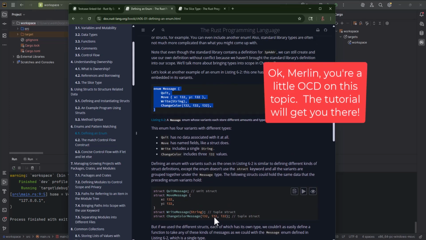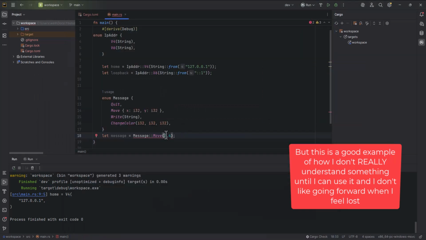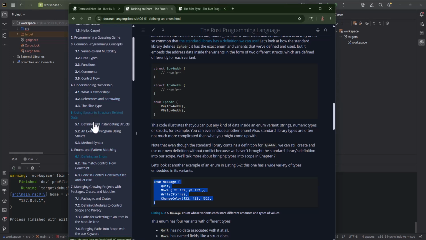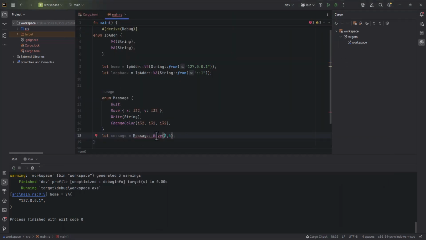Okay, I'm not ready to go forward yet. I've got to figure out how to get these things out of these. So if Move is a struct with x and y, let's go back to the syntax of how do I create a struct? Oh, that's what I thought I was doing. Oh, but I didn't have the curly brackets. Message::Move { x: 4, y: }